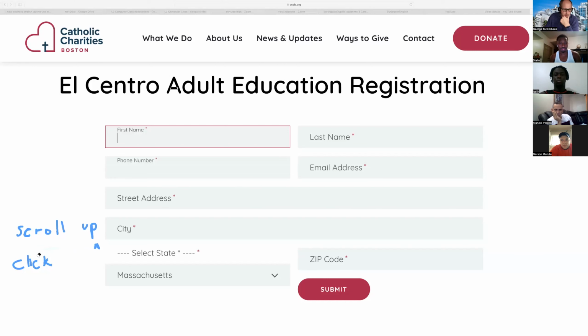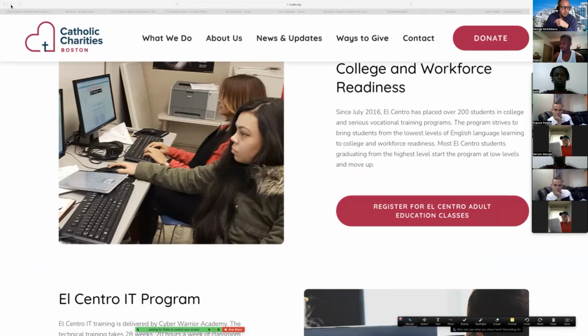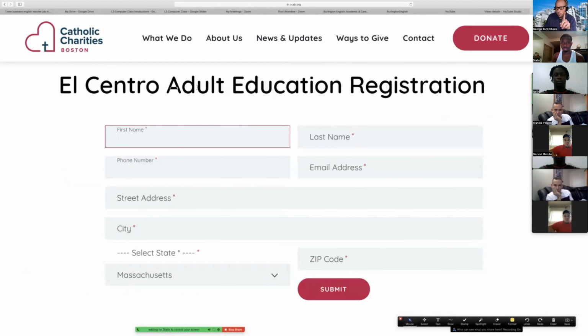Let's see. So scroll up, scroll down, click. That's a review from last week. Oh, whoops. All right. I wanted to show everybody a new feature that I didn't show anybody. So now that I know how to do the registration, how do I go back? I just did it, but I wanted to ask everybody, how do I go back to the page I was just on? How do I go back? I'm here, but I want to go backwards. How do I go back?